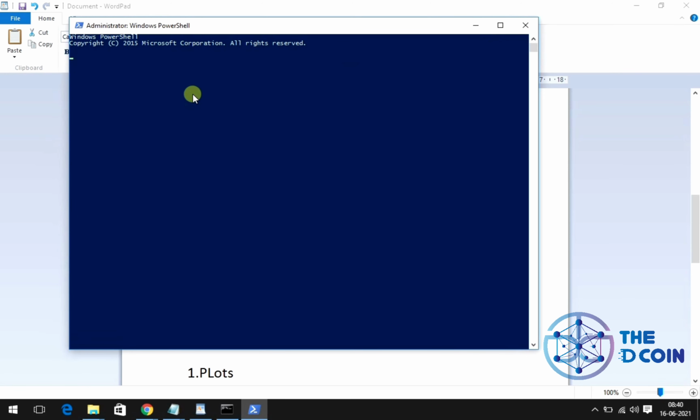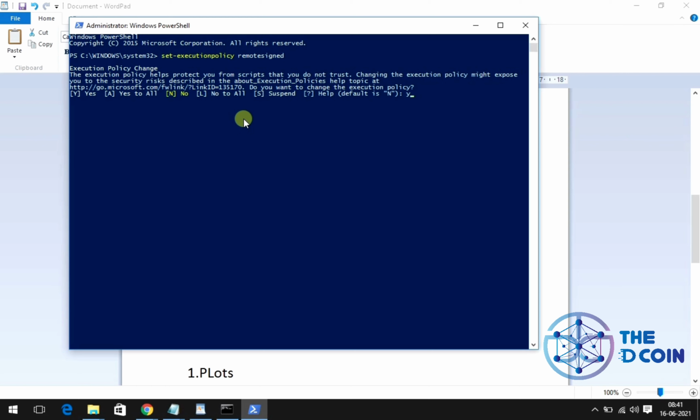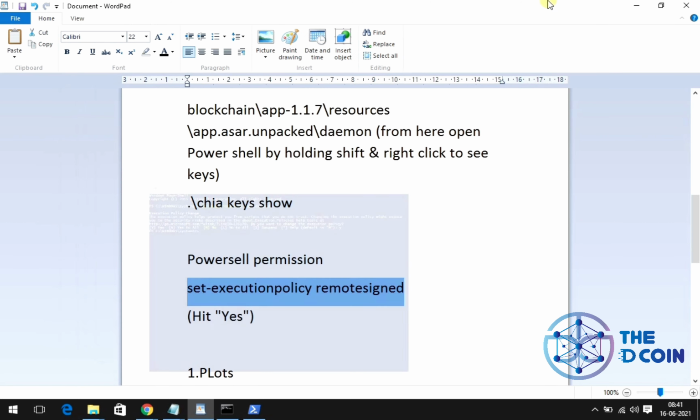I'm using a very old system, so it will take some time. This public key, farmer key and all I have created for a demo version. Don't share your public key, farmer key and your 24-word mnemonic anywhere. It's not safe. Paste the command and it will ask whether you want to proceed, so say yes. That's all for this. You can minimize it. We can use it later.